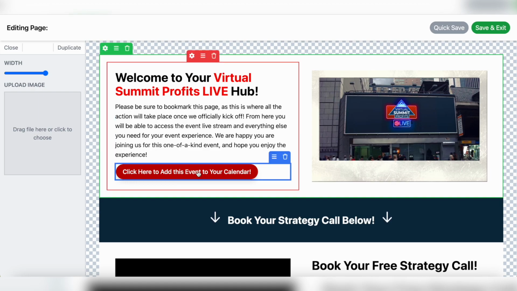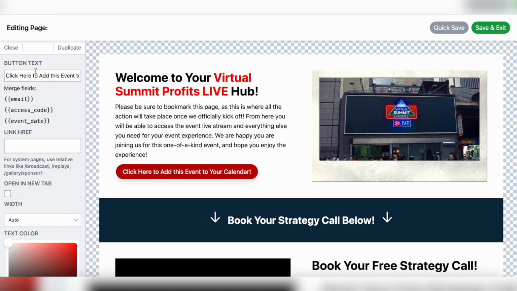For buttons, all you need to do is click on them and you can configure the button text up here. Again, you can choose the merge fields to display dynamic text. You can add a hyperlink to the button by entering the link right here. Or if you want to internally link across your event ecosystem, for example, to your broadcast page, your replays page, your gallery page, sponsor pages, and so on, you simply type / and the name of your page. You can select whether on button click the link should open in a new tab by toggling this